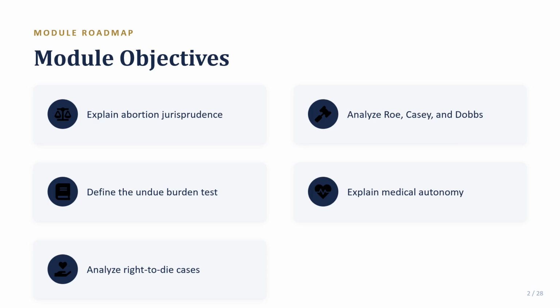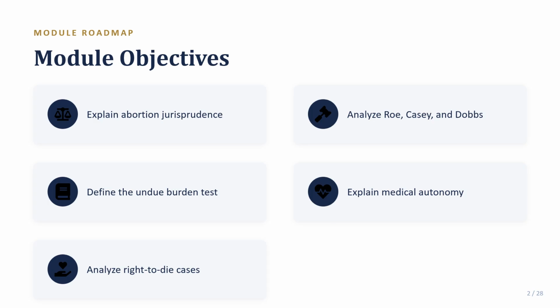Now, both families share the same root, okay? And that is the unenumerated liberty interest under the Due Process Clause. And it's the same soil that we were playing in our last lecture. So by the end of this one, you should be able to do a couple of very concrete things. You should be able to state the holding and the doctrinal significance of each major case that we cover. You should be able to explain how the legal standard for abortion regulation changed from Roe's first trimester framework to Casey's undue burden test, and then how Dobbs eliminated the federal constitutional right altogether.